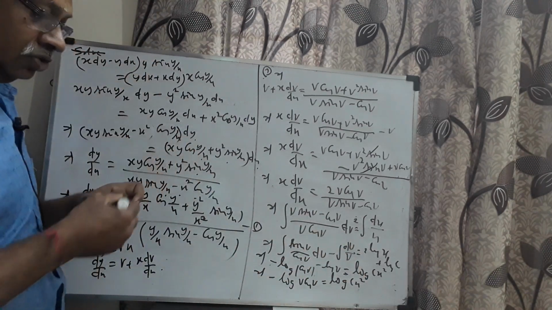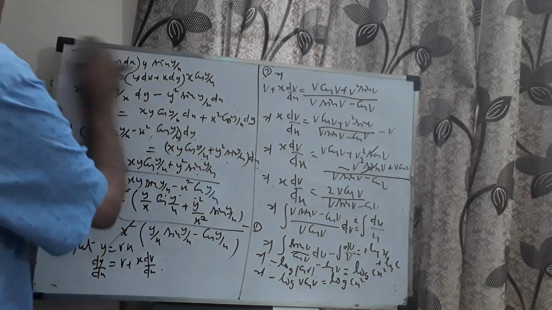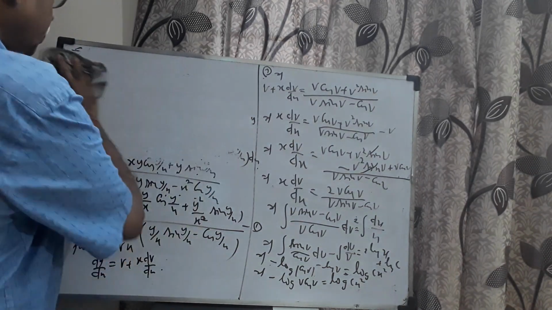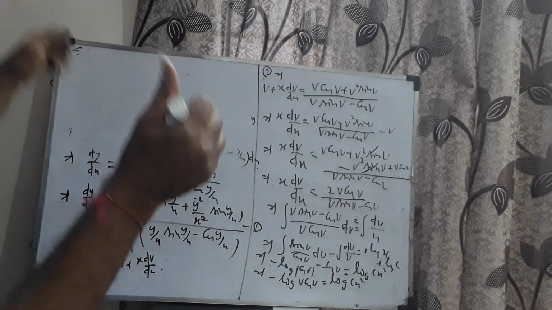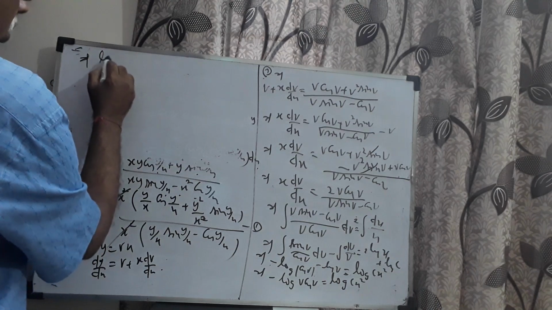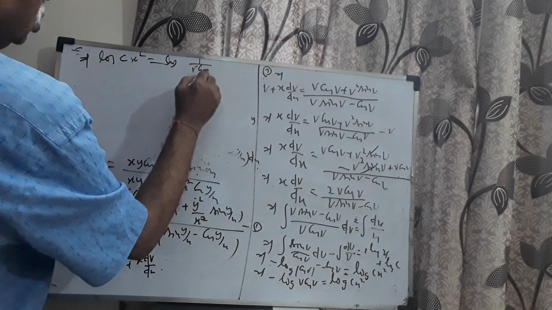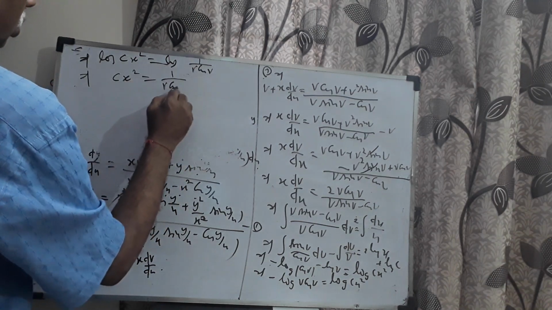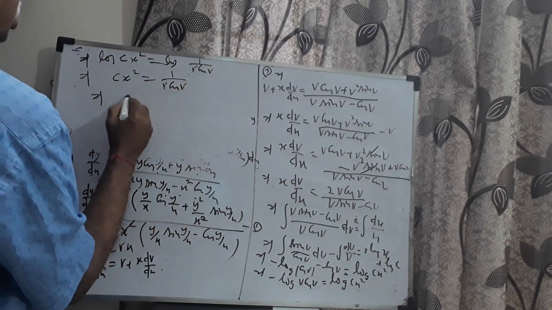Let me rub the initial part to simplify the final 3 steps. Let me rub only this part. Here I mean to say log cx square is equal to log 1 by v cos v, which implies cx square equal to 1 by v cos v, which implies you can very well say